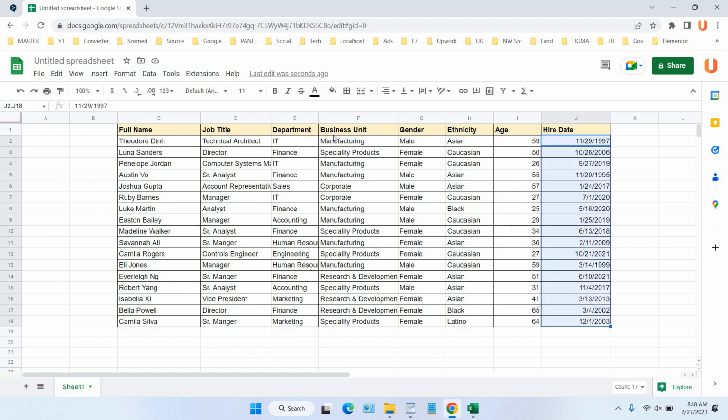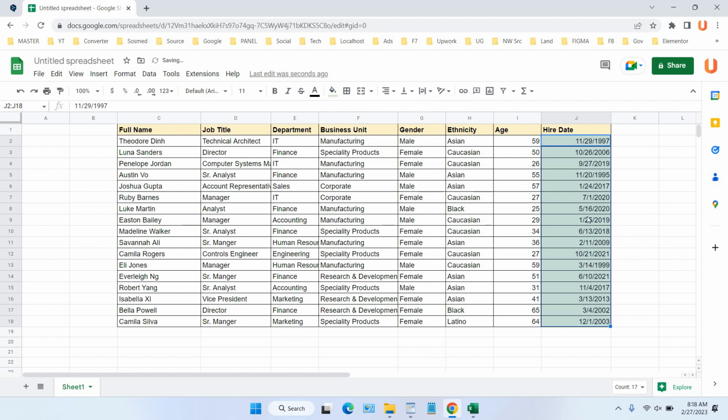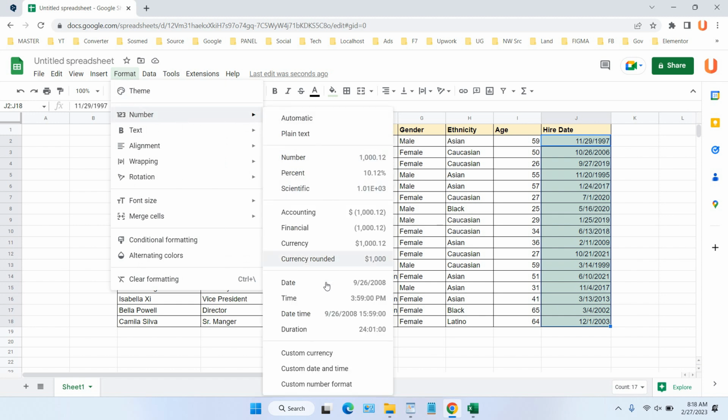I will block this date column, you can see here. Okay, so we can focus in here. Here, I'm using month first, then the second, after the slash, is the date, and the last is year. You can see another format for the date in the format menu here, select number,